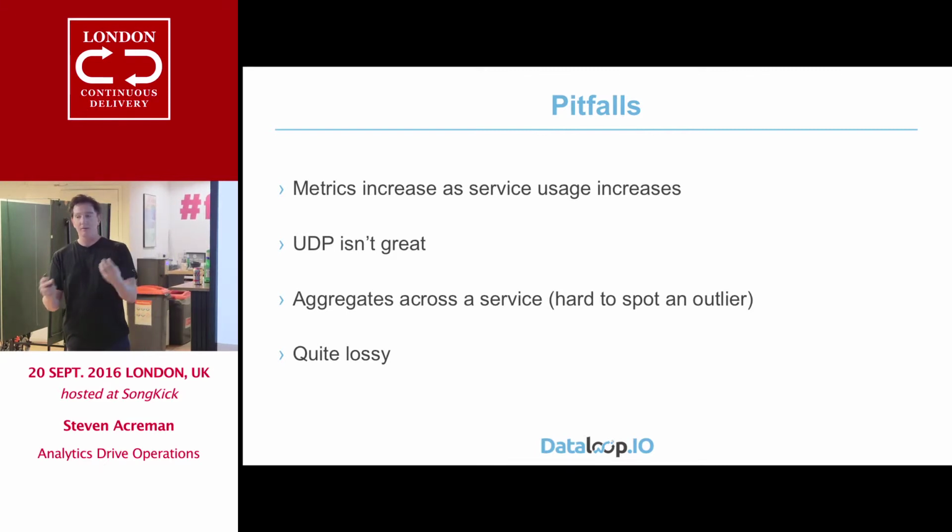So you can't then get back to the individual node, you'll just get the service level, which is okay for an indication. Developers are quite happy just to see how is my service running as an aggregate, but when you've got a proper problem, you want to actually work out which box it is, because normally one of them's gone a bit wonky. So not only do you lose that specific host, but it's kind of lossy.